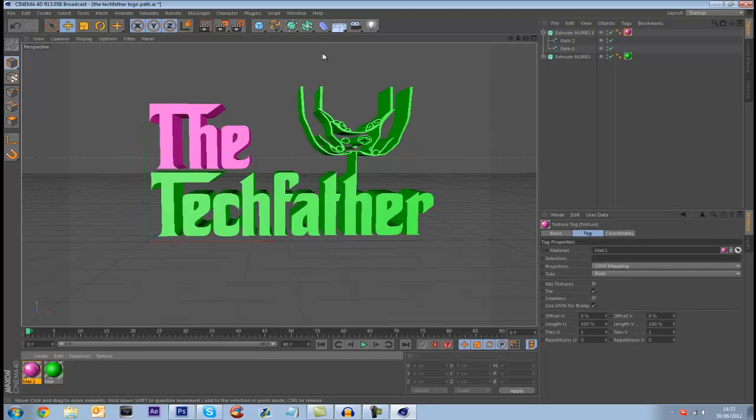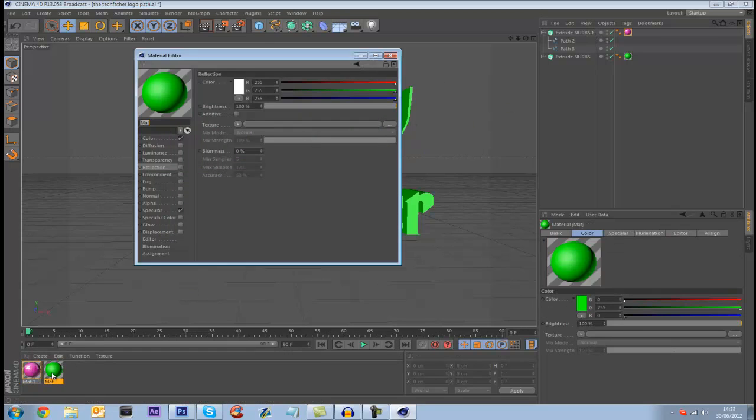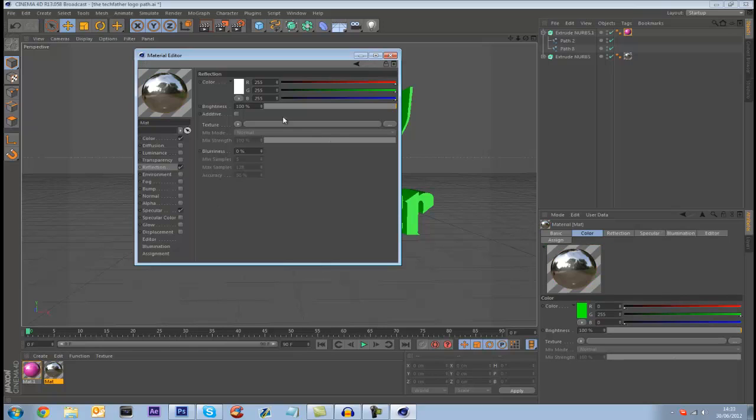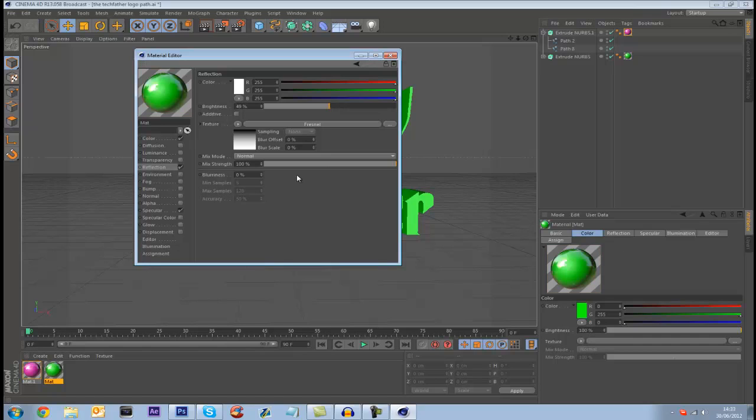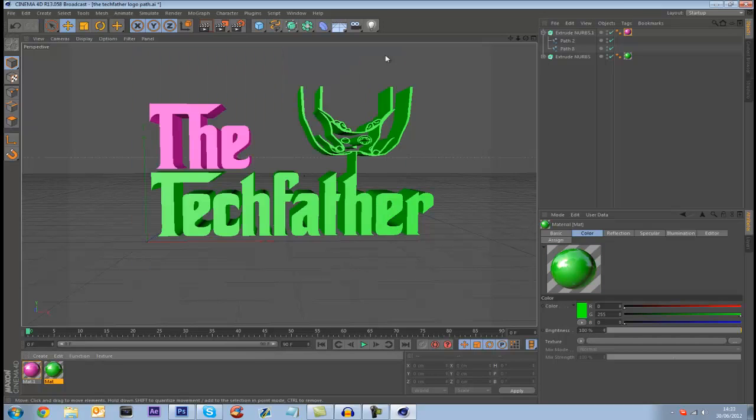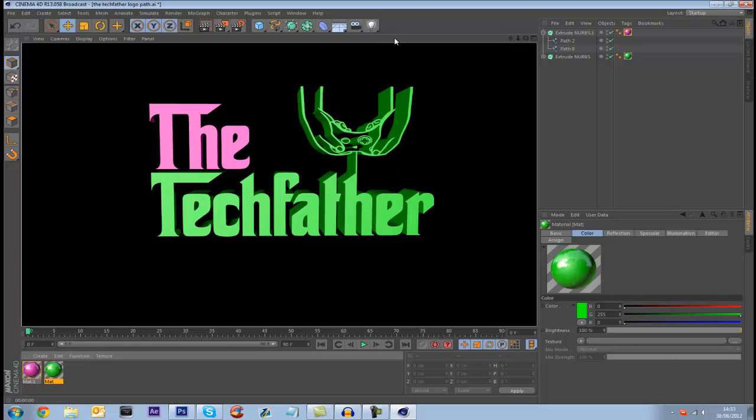Drag that on, that will go purple, and I'm just going to quickly add a bit of a reflection to the green one. I wasn't going to, but I'm just going to see what it looks like with the two colours reflecting off each other, see if it looks nice. So we'll give it a little render preview. As you can see, it's not really affected